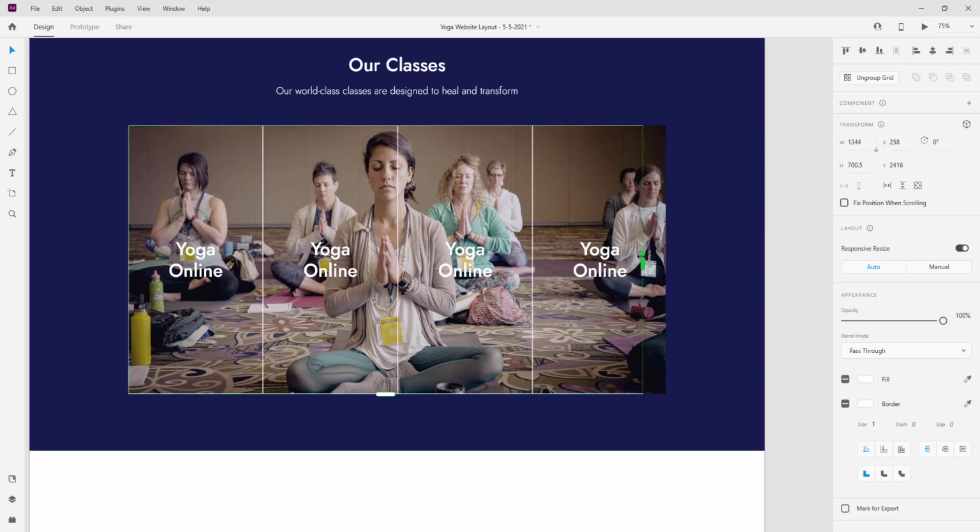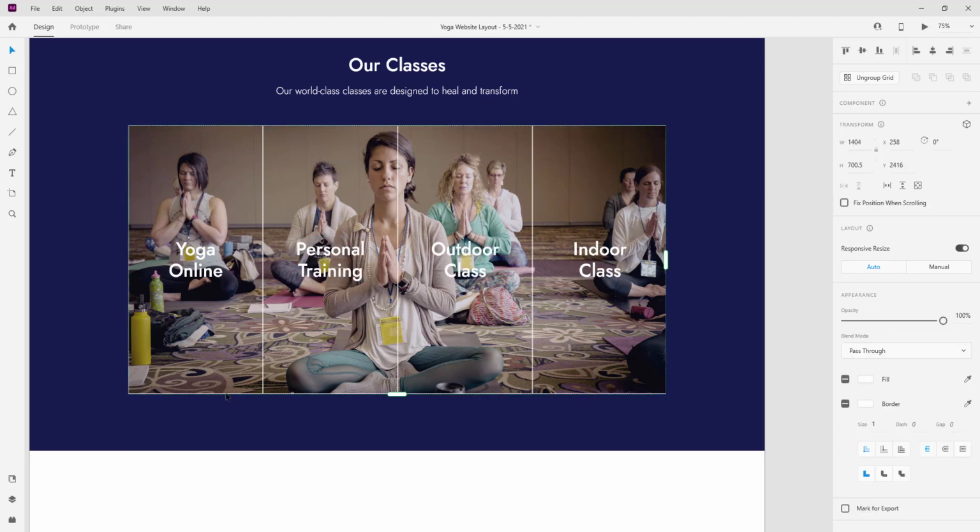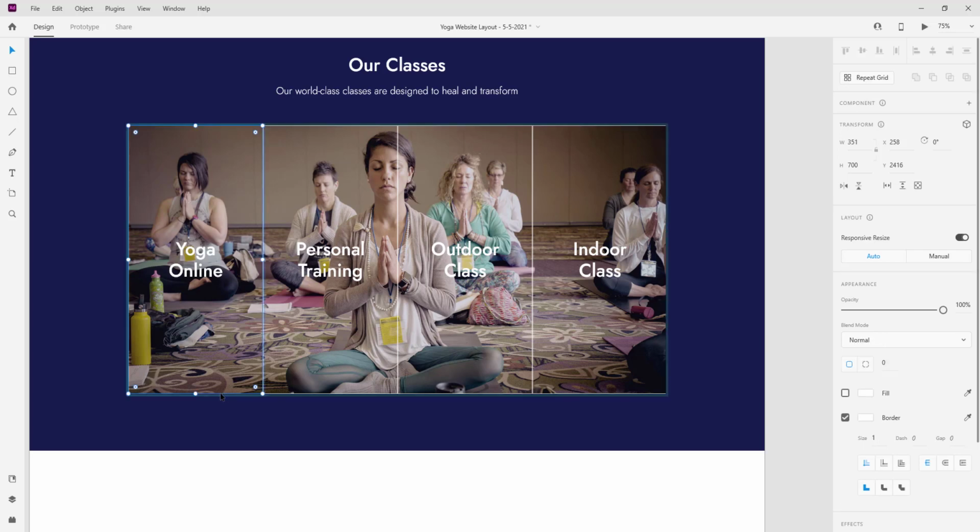Okay, and get back to this handle, drag it to the edge. So we have the 4 items, and what you're going to do is to change the various headings to reflect, right? All right, ensure the repeat grid is selected and double click on the first one to select that and